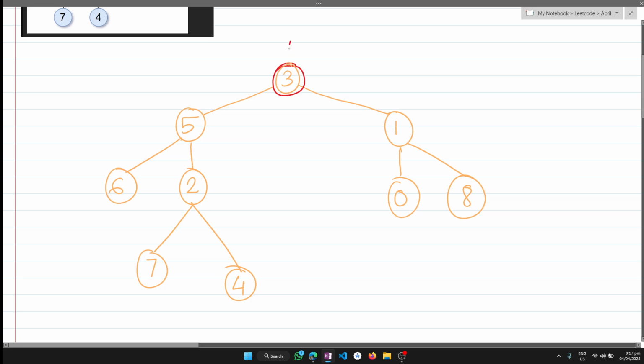Initially, I am standing at the root. What I do is I will make 2 recursive calls. First I will make the recursive call to the left node and then towards the right node, towards the left subtree first and then towards the right subtree. So just keep this in mind. Okay, I go towards this particular node, left, right, and then again I go towards 6, and then again I